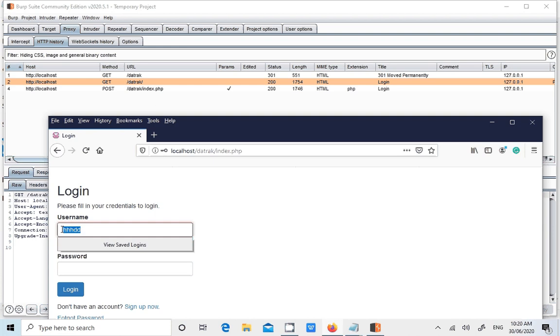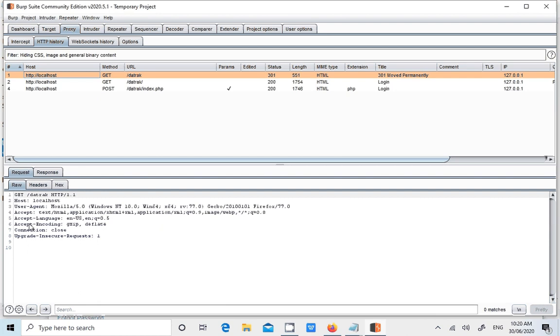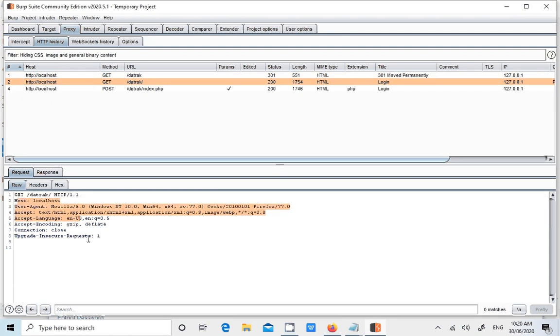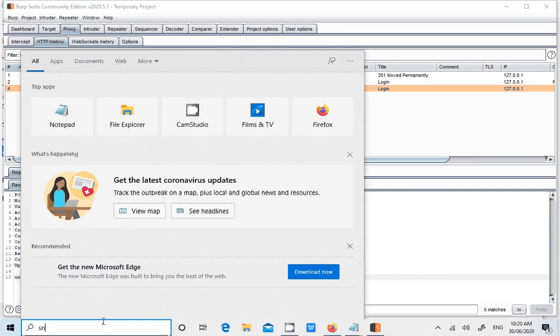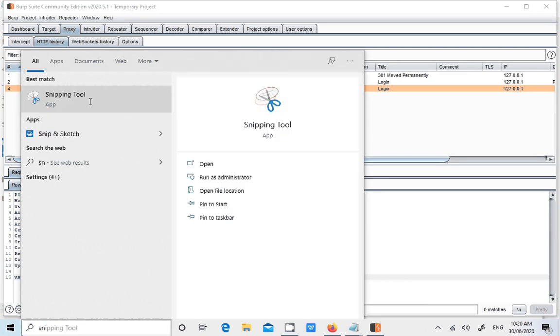Some people may not check because they don't have any credentials. Now I entered some username, right? Now I'll look in each request. In the first request, no. I know my username data is going in this request only, but I want you to check one by one. Yes, no, username and password are not sent here. Oh, can you see my username and password here, sent to the server? But how can you see the protocol here? HTTP protocol. Then you have to take a screenshot using the Snipping Tool.